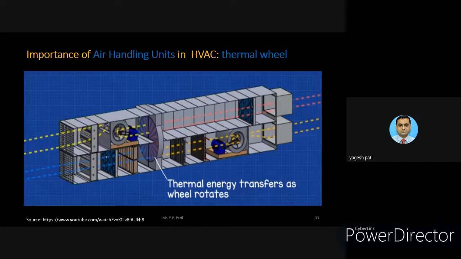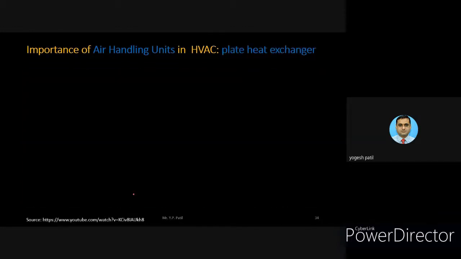You can see here with the help of these rotary wheels the temperature can also be changed. Here the return air temperature is used to warm up the inlet air. You can see the color here is blue, but the outlet color becomes yellow. This is possible because the wheel transfers or exchanges its heat to the inlet air, so that the temperature of the air can be improved with this wheel type of arrangement. All such types of AHUs are available.